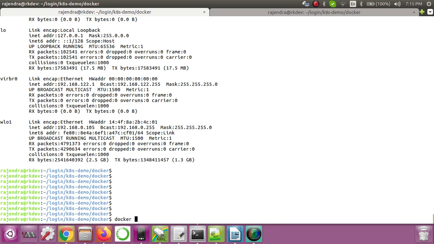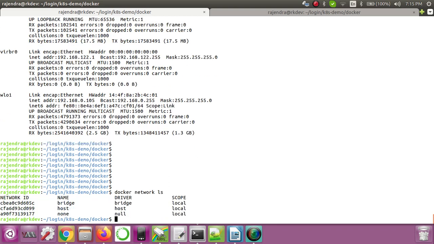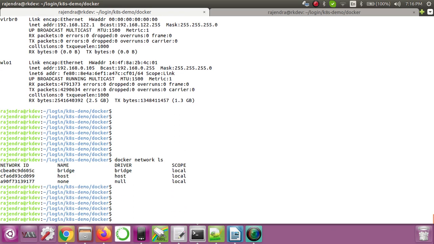We have the command docker network ls. Now it is showing that we have three networks: bridge, host and none. By default we know that the bridge network will be assigned. So now let's start one container which will use this network, and let's see the differences.